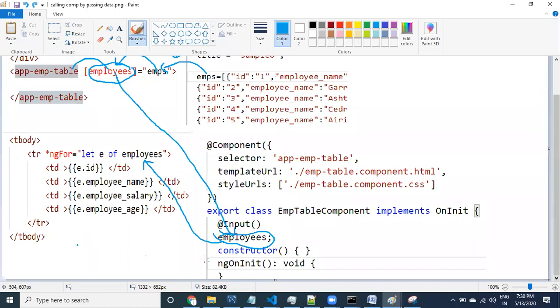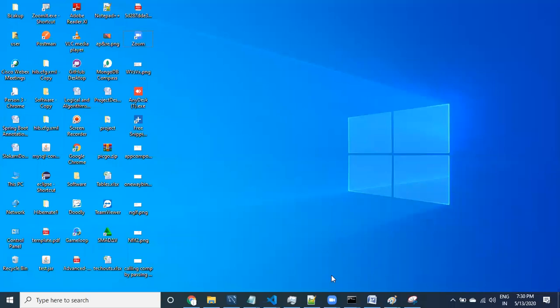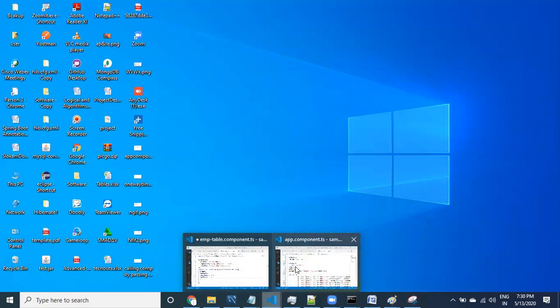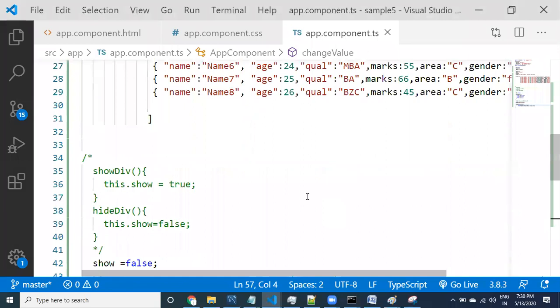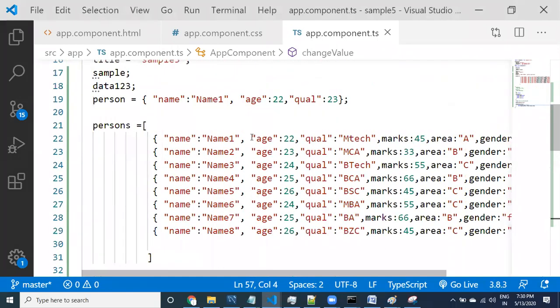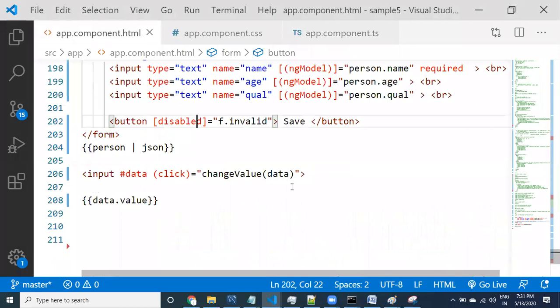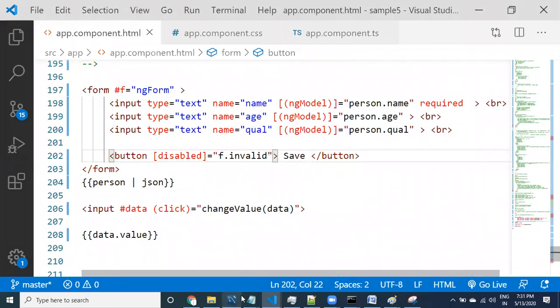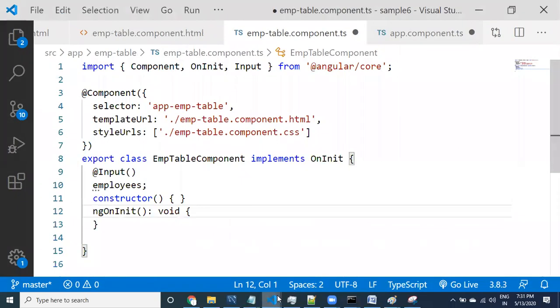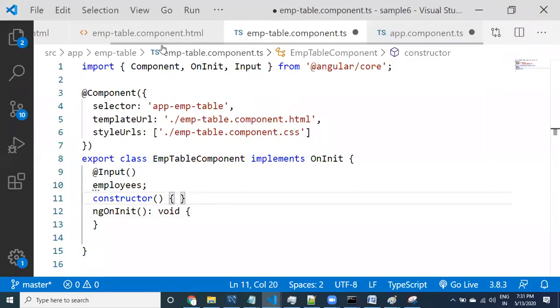Now I want to use the same component. Let me go to the app component.